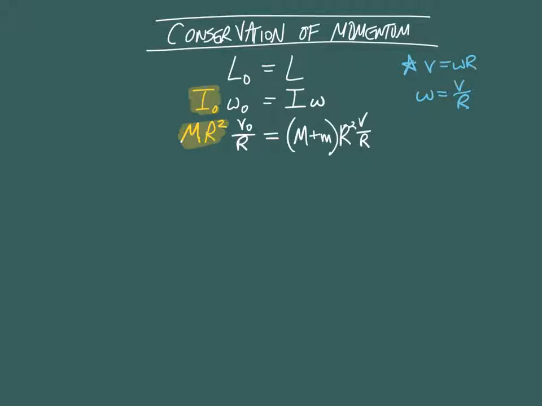What we can do is go through here and say, well, one of these r's wipes that one out. Same on the other side. And I have a factor of r that's common to both sides, so I can wipe them out as well. And that leads me to m v naught just equals big M plus little m times v,